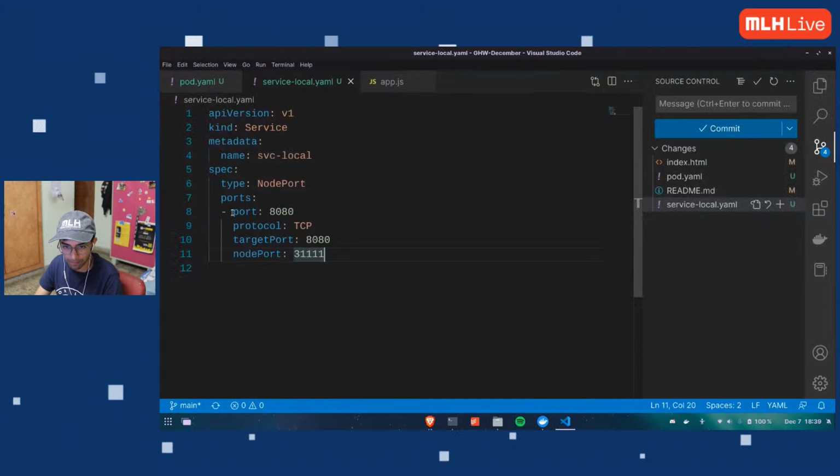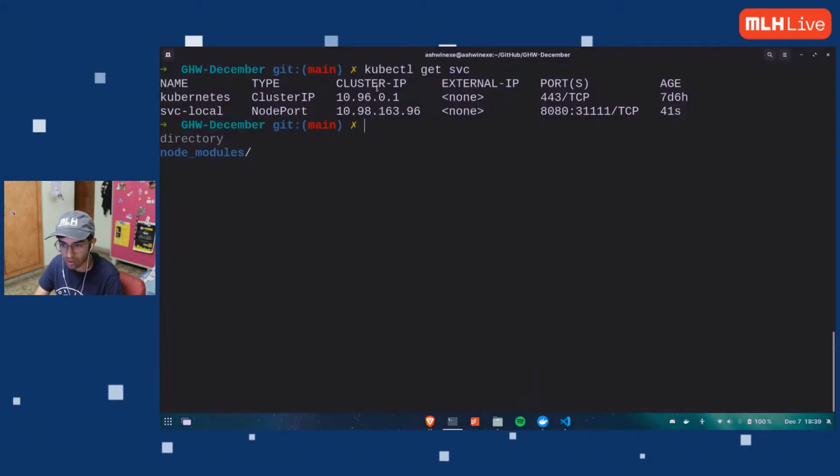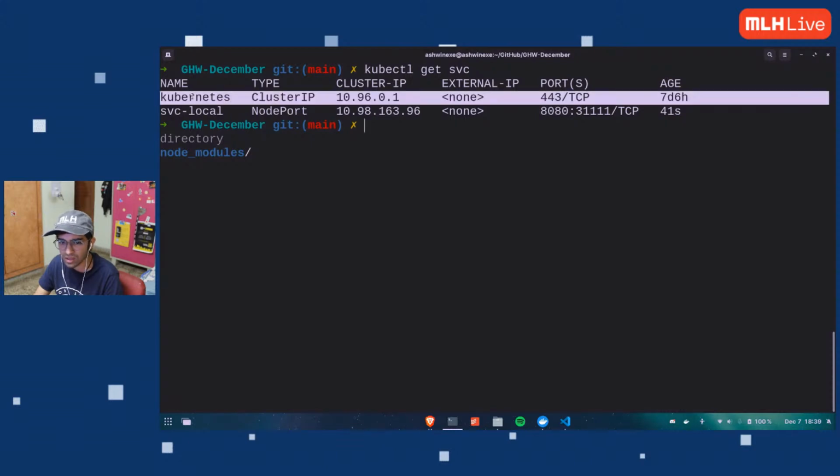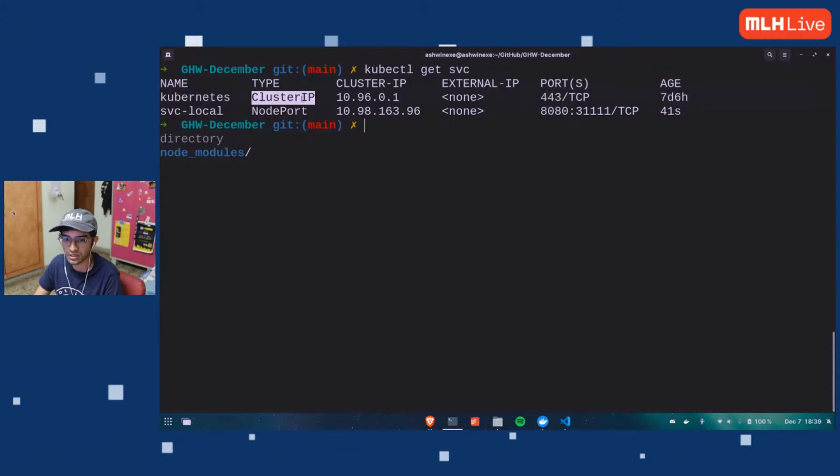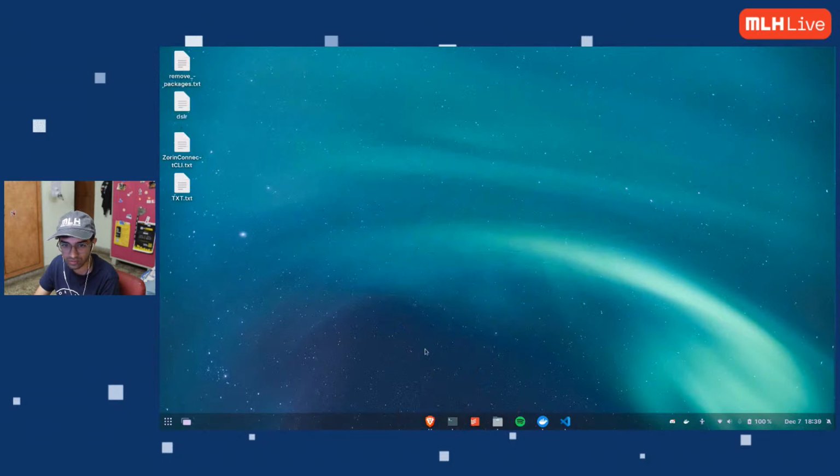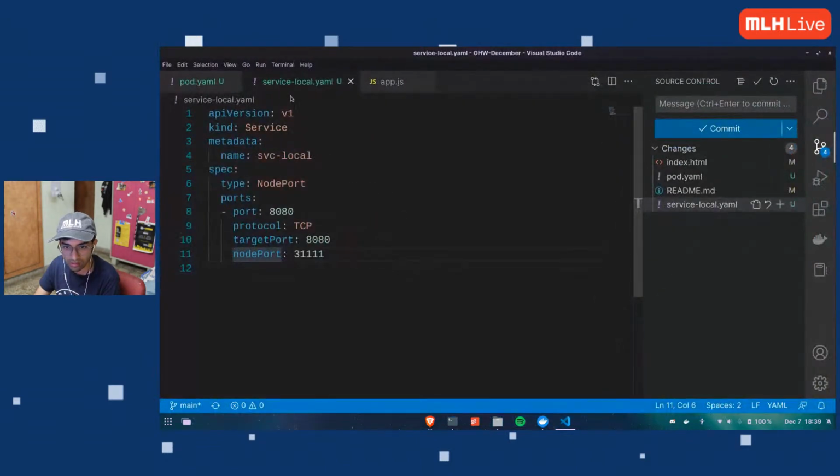So here, ports has a list, and these are the key values inside ports. I think I had a problem here, but it's fine now. Now I have two services running. The main Kubernetes cluster service, which has a port, and then I have svc-local, which, if you see it carefully, was the name in my metadata.